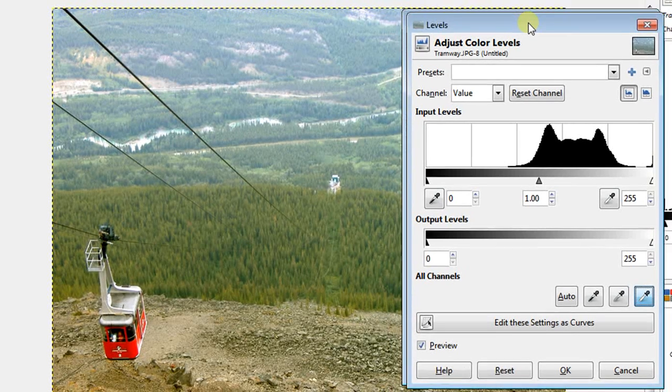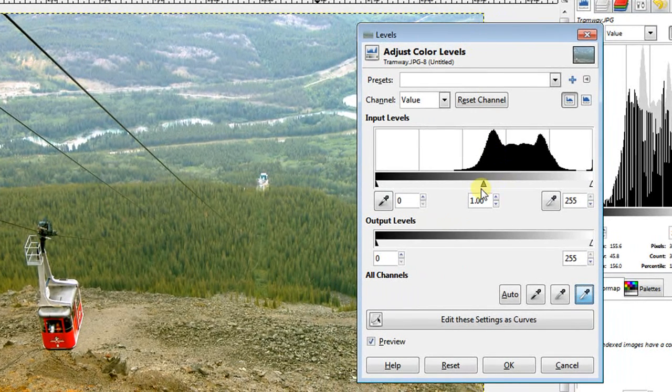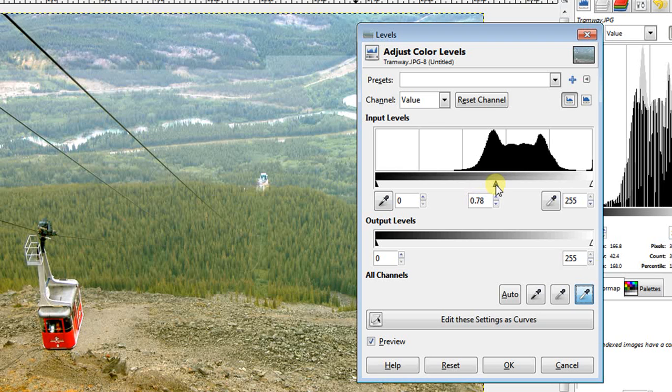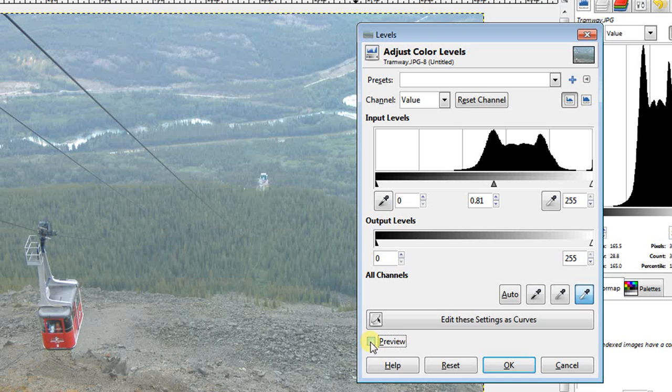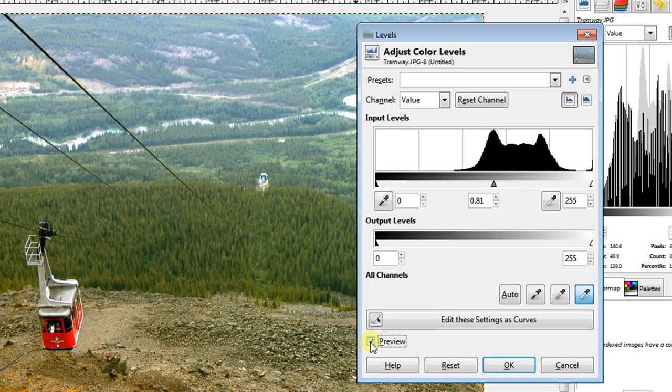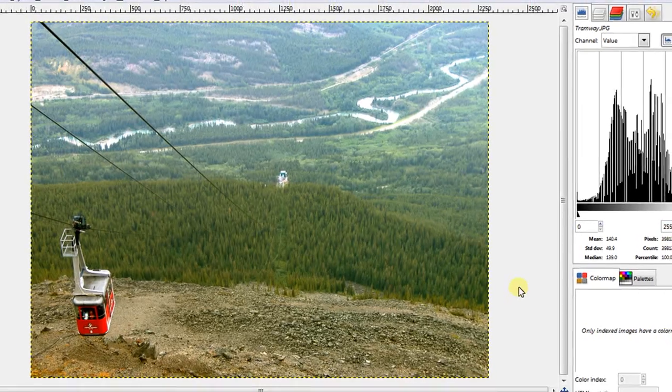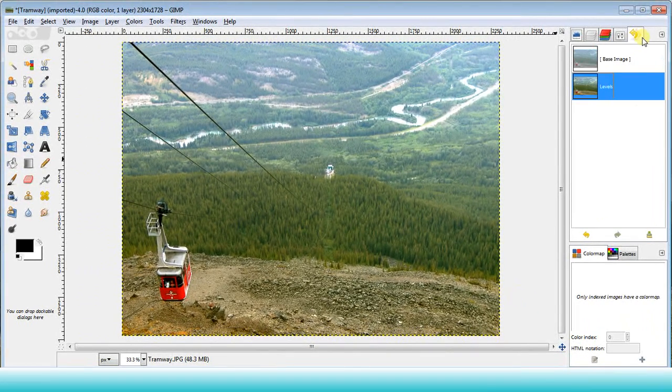Still within that dialog box, I can now take the grey slider in the middle. If I move it towards the black, the image will brighten. If I move it towards the white, the image will darken. There's the preview button again, just to see what we've achieved. So there was the original image coming in, and I think you'll agree, once those corrections were made, the image has been enhanced. So if I just say OK to that, that image has been corrected in 2 simple clicks